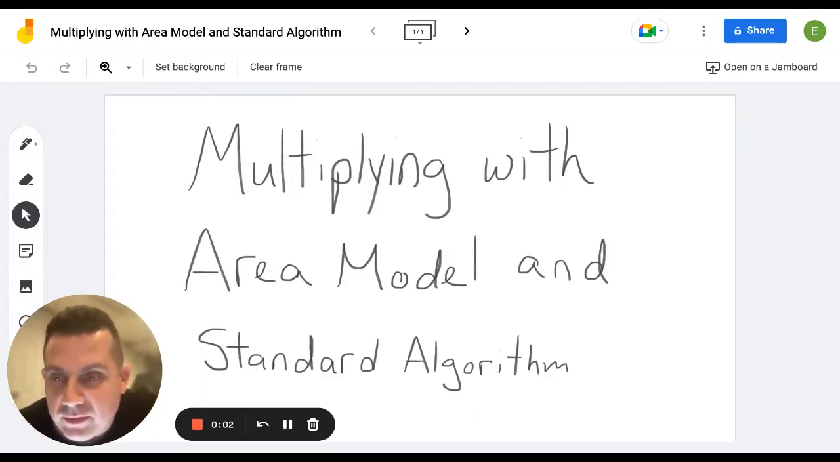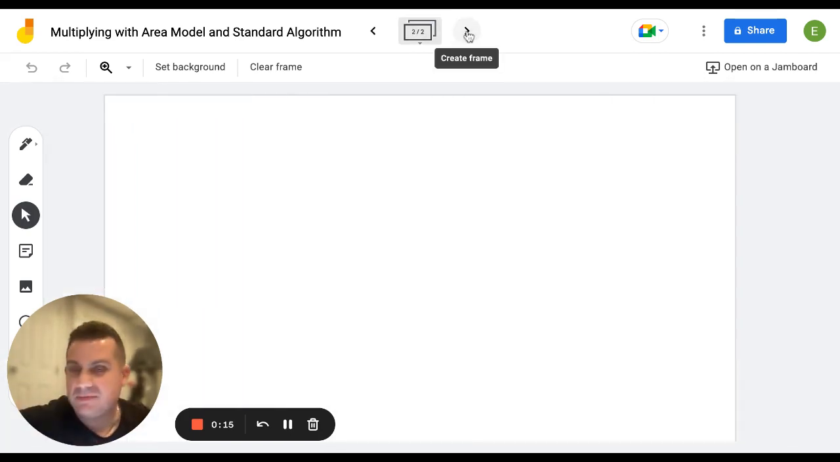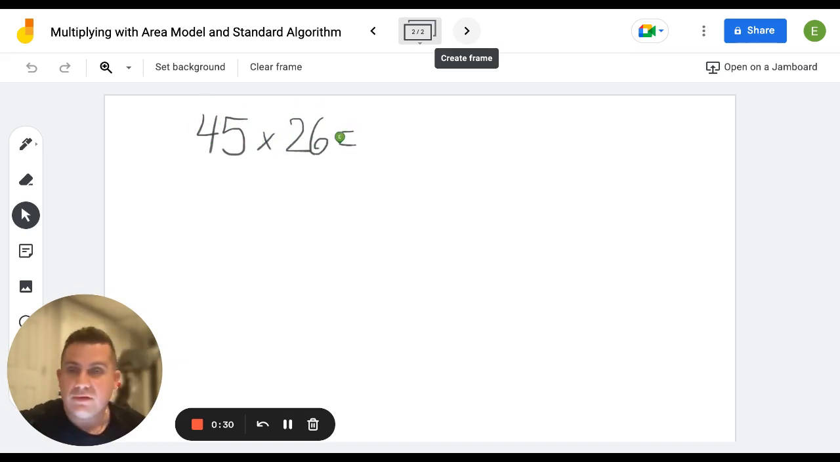Okay, I'm going to do this Loom video on multiplying with the area model and the standard algorithm. So let's take a look. All right, so let me come up with a problem off the top of my head to start. We will do 45 times 26. So when we are doing the area model, what I'm going to do right now is I am going